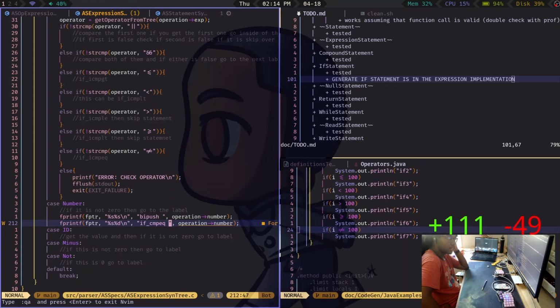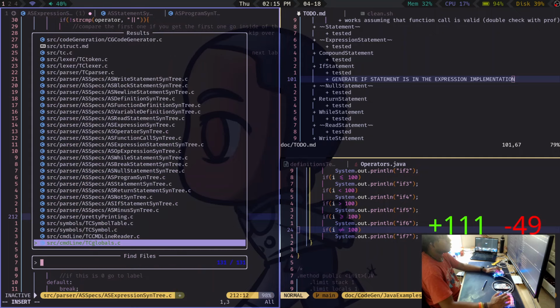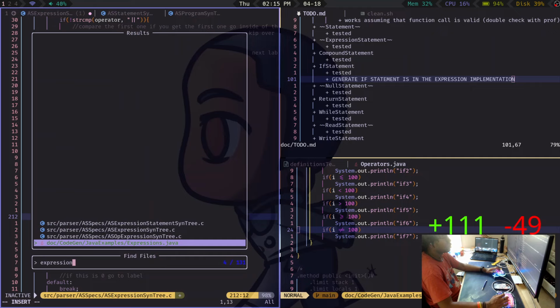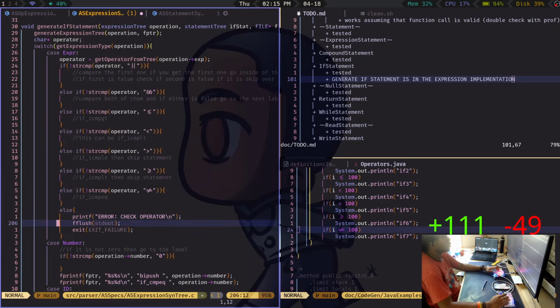So you can just say if string compare operation number and 0, yeah, it's a string.